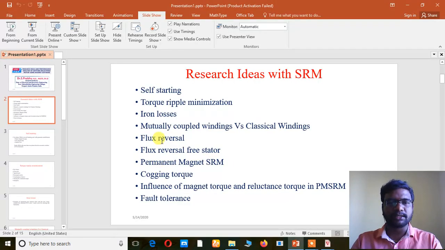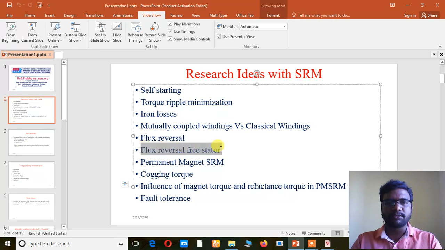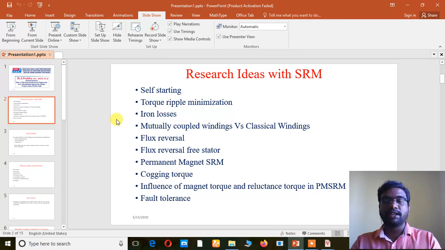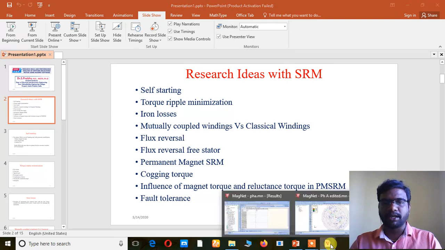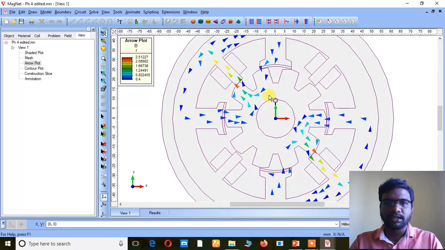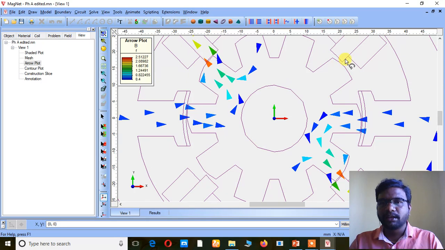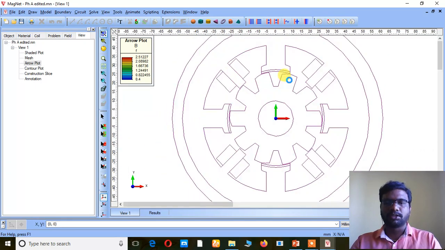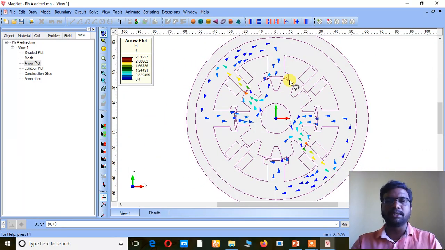And that is what we see here. So this is said to be a flux reversal free stator. And for self starting, definitely we have to go for an asymmetric type of rotor, because this is also a two phase machine. If you see deeply, it has some cross edge. This is said to be asymmetric. It is not symmetric, it is an asymmetric rotor. In order to get a smooth, continuous torque, only then will it be generated. Otherwise, a dead zone will be available in the torque characteristic.